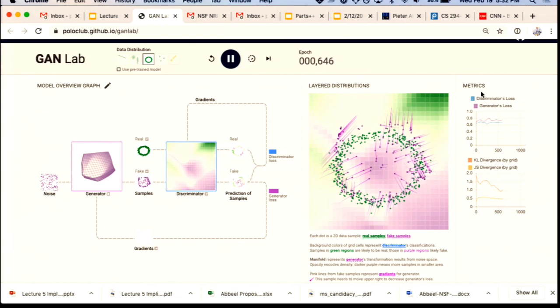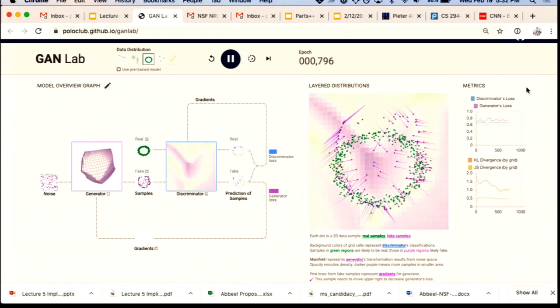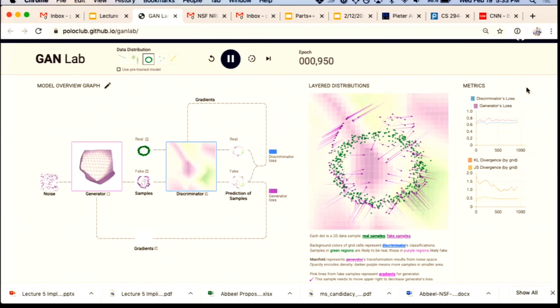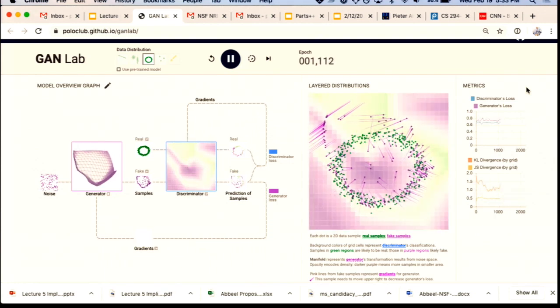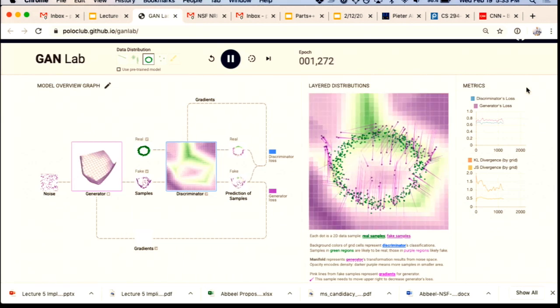You see some oscillations on the losses here. That's pretty typical: sometimes the discriminator does a little better. Actually, often the discriminator tends to do a little better. Then the generator does a little better, and this can go back and forth. This, of course, depends also on the expressiveness of your discriminator network and your generator network. But this is the underlying dynamic that's happening.